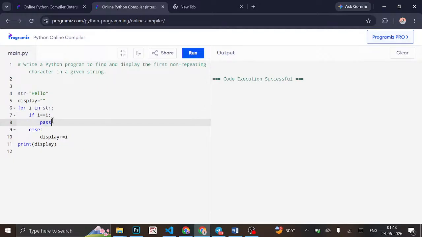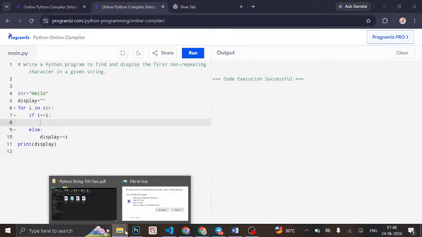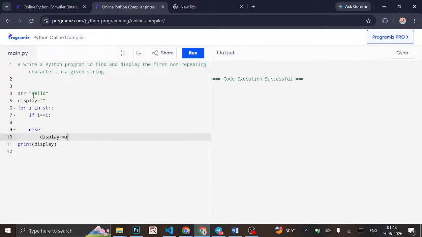ब्रेक कर देंगे यहाँ पे, फाइव इक्वल्स आई हुआ। ब्रेक तो यहाँ पे लगेगा, तो प्रिंट वाली कंडीशन प्रिंट हुई नहीं। बस हमें एच को प्रिंट करना है, कि एच हमारा सब में आगे चेक करेगा। यदि एच नहीं पाया गया तो एच को प्रिंट कर देगा। तो अकाउंट डिस्प्ले प्लस इक्वल्स टू आई की भी जरूरत नहीं है,